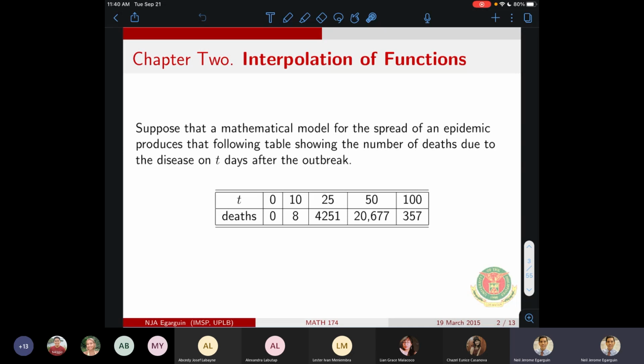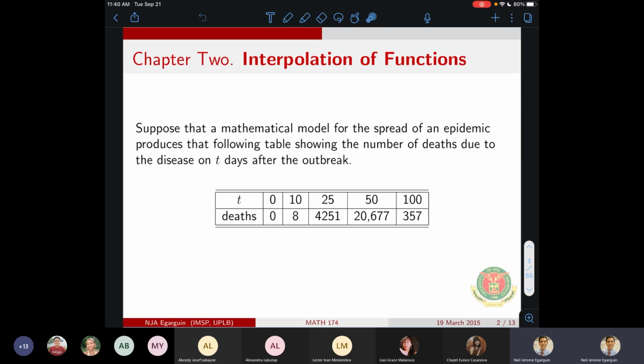We will get a tabular set of data, right? So this just tells us na at day 0, there are no deaths yet. After 10 days, there are 8 deaths due to the disease, and so on. So ito yung makukuha nating data from the real world. And if we will rely on things that we learn from calculus, parang wala tayong pwedeng gawing masyado on this